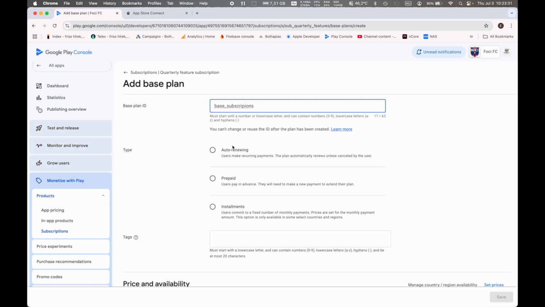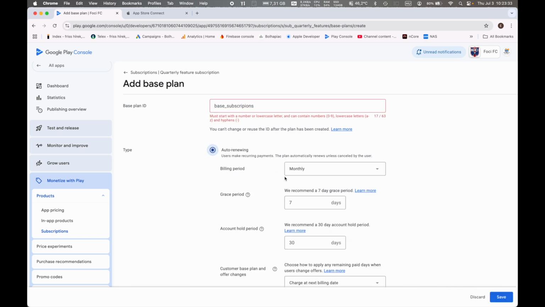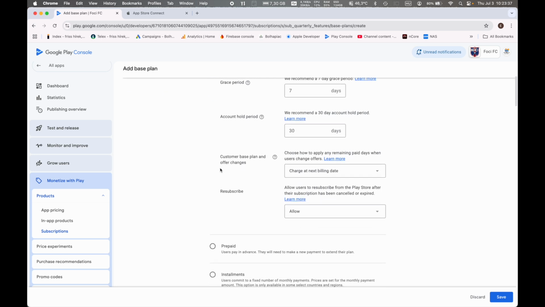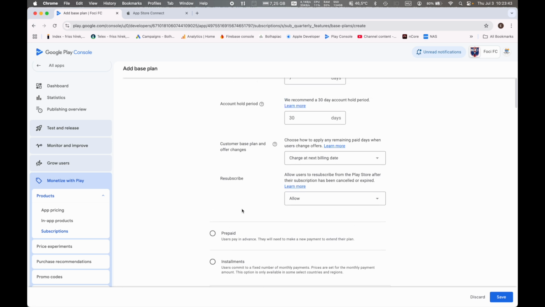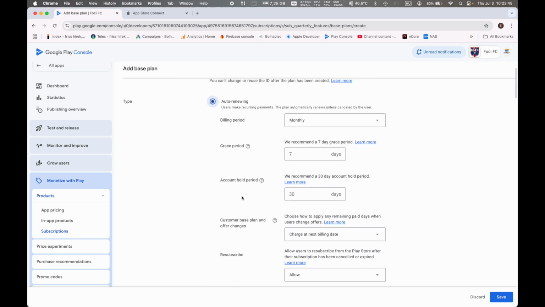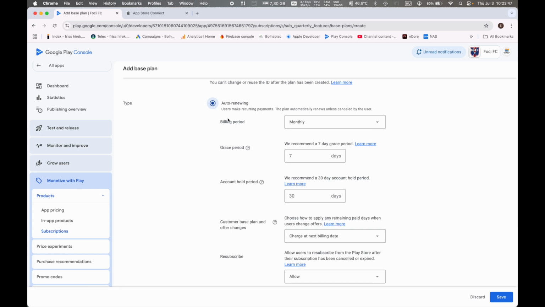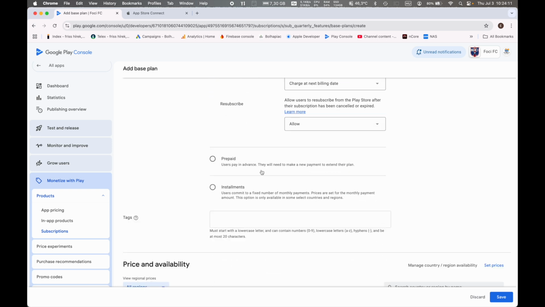So this will be an auto renewable one. You can see that it's a prepaid subscription, and this is a bit weird, however, but if you want to have a real subscription, then you should use this auto renewing. So this prepaid and installments